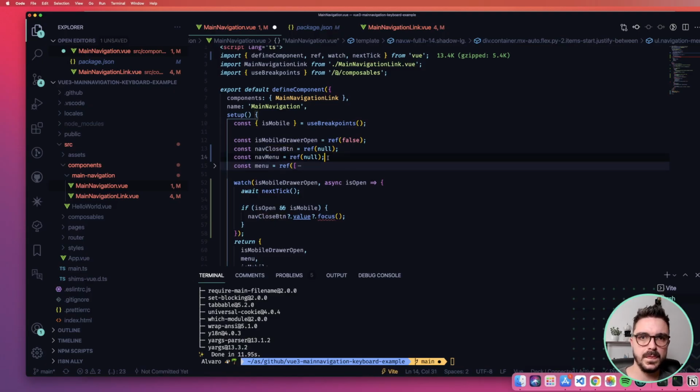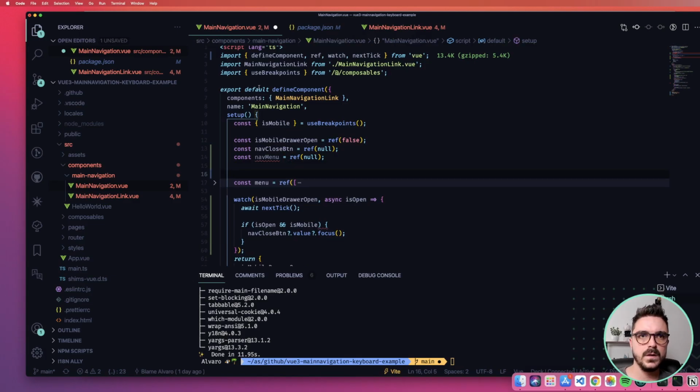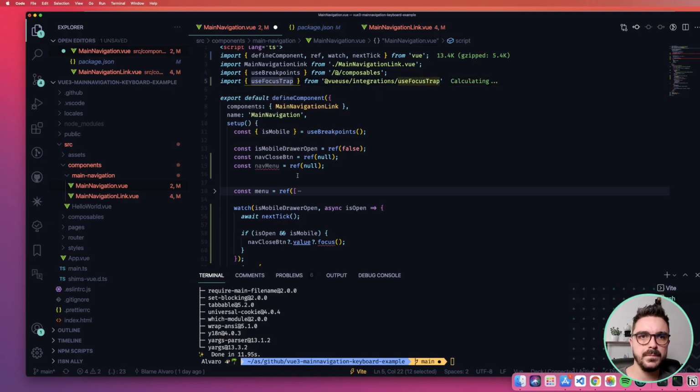Okay, and here let's use this, import useFocusTrap. Okay, so we want to use activate and deactivate equal useFocusTrap, and we pass the target.